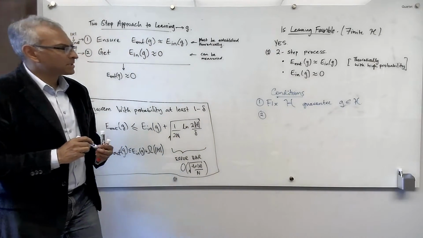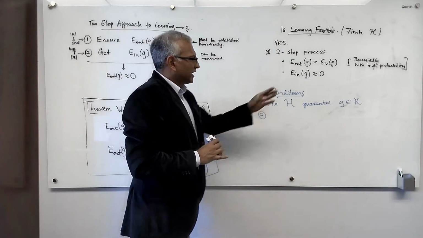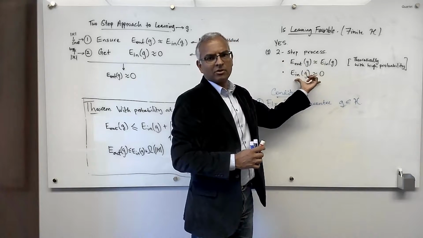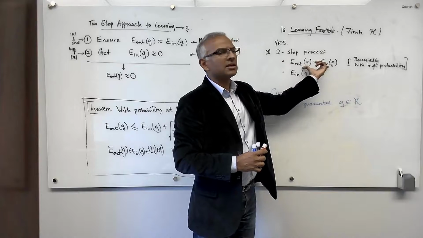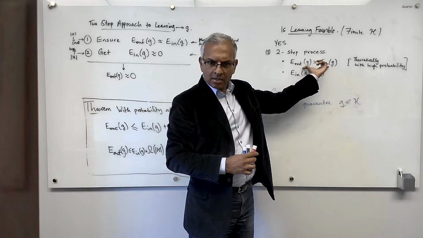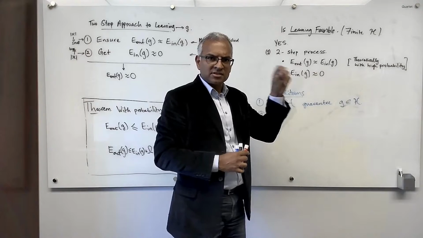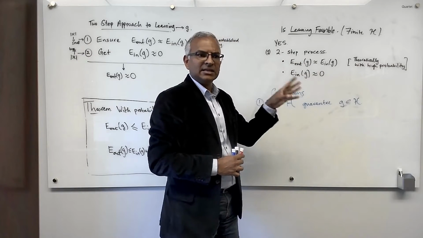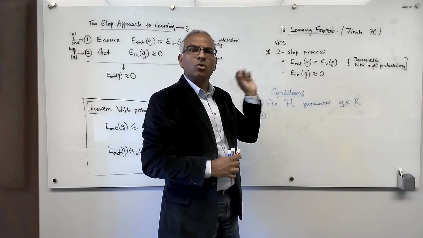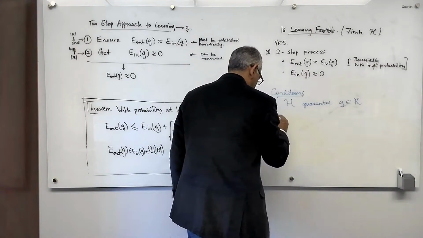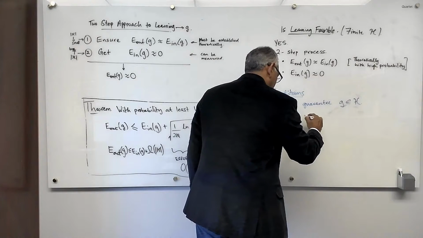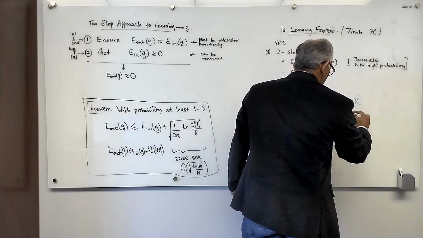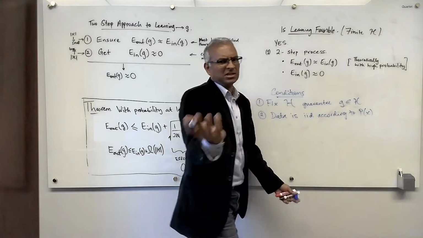Okay. Condition number 2 is that your data, in order to establish this set, for whatever data set, we can always go and compute this. But in order to establish this set, it must be the case that your data was generated from this random process that generates data, which we call the probability distribution, and it has to be generated IID, independently, identically distributed according to P of X. So the data is IID according to P of X. Okay, not a huge deal.